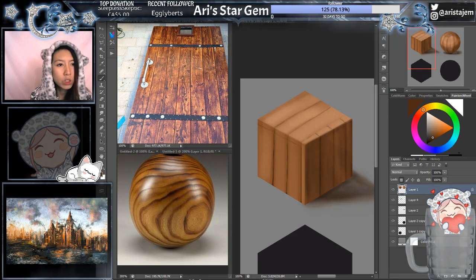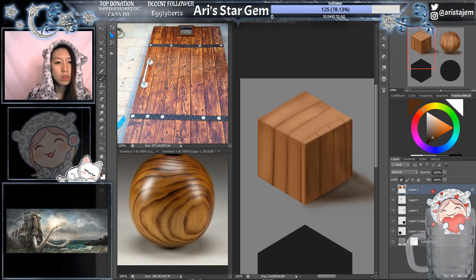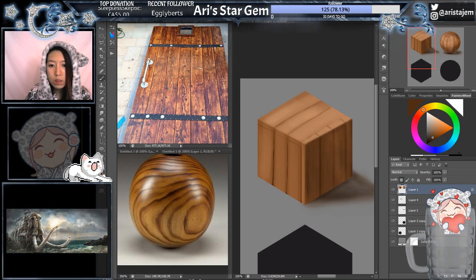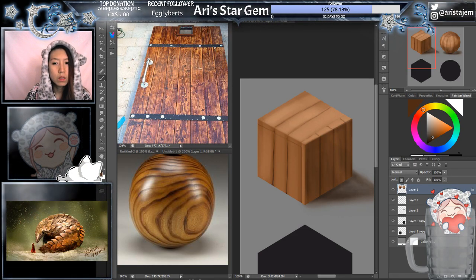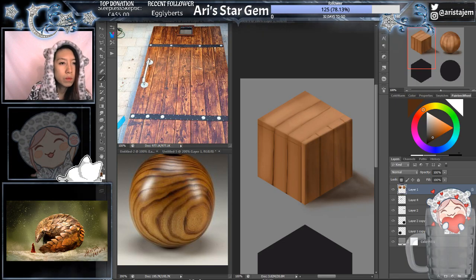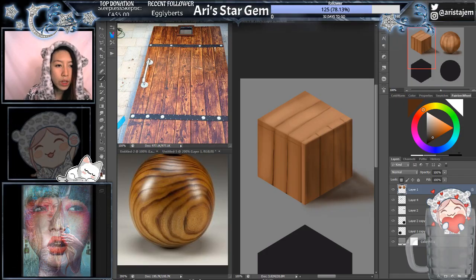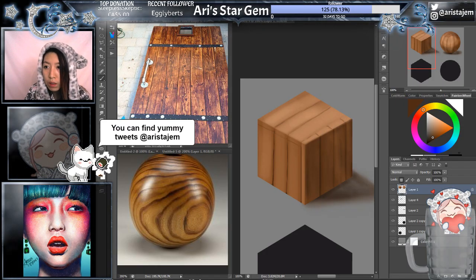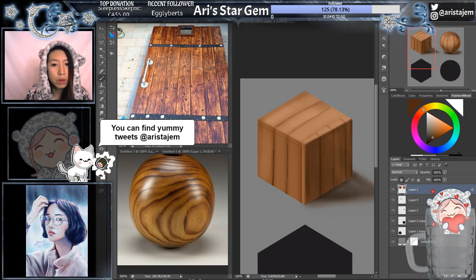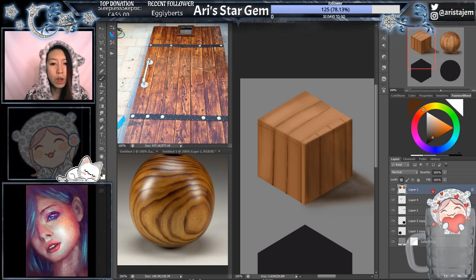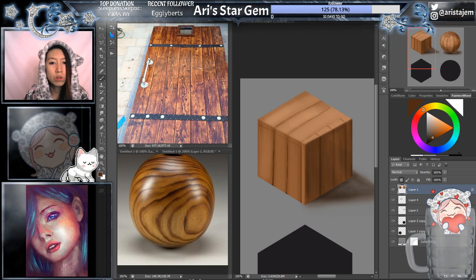I'll just go wooden desk. Okay, I found something. I'm finding textures to overlay, but if you have a good base,